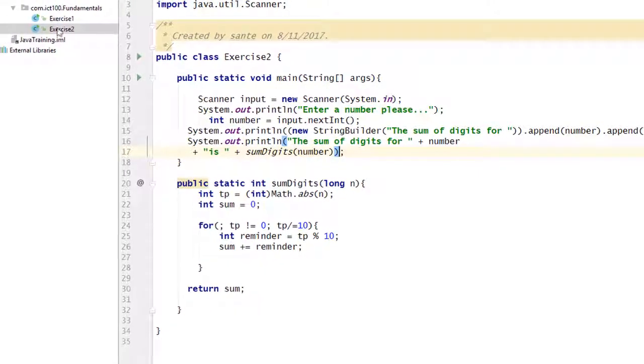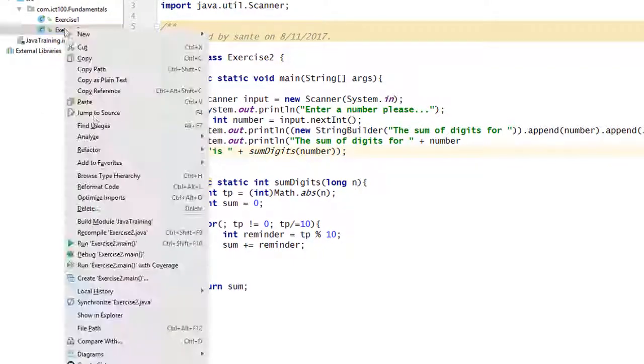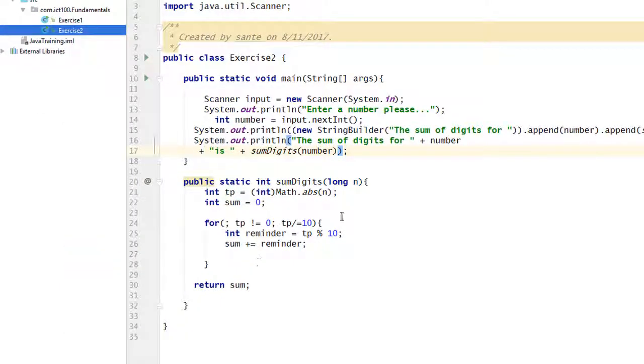Then if you save and run this program, it will ask